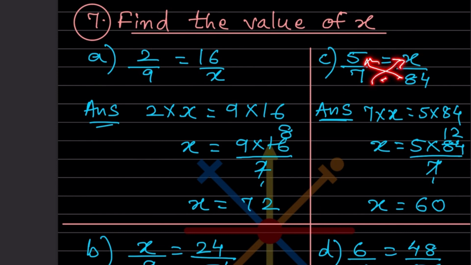Now look at here, 5 by 7, again you are going to cross multiply. So you can also write here 5 multiplied by 84 and this 7 by x over here. It doesn't change the answer. Either you write it on the left or write it on the right. I just wrote it because I took this first. Why? Because this was x, so I wanted the x on the left hand side to avoid confusion. Otherwise you can write it both ways. You will get the same answer. So here what is that? That is x. x is what? 5 multiplied by 84. This will go in the denominator because it is in the numerator. So 7 ones are 7, 12s are, and here 12 5s are